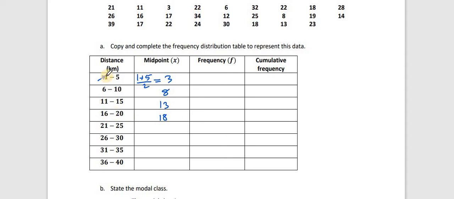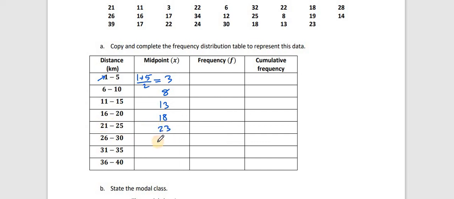You realize that how much more than 1 is 3? 2. How much more than 6 is 8? 2. 13 than 11? Same, 2. All right. So we can actually just do what to each of these lower limits? Add 2. We could subtract 2 from the upper limit, yes. But to the lower limit, we can add 2. Notice that 1 plus 2 is 3, 6 plus 2 is 8, 11 plus 2 is 13, 16 plus 2 is 18, 21 plus 2 is